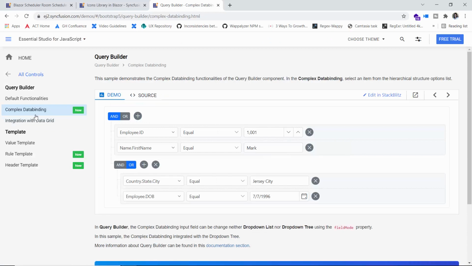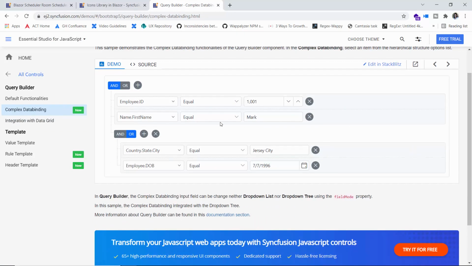So a new example, complex data binding, has been added. So here in this drop down, it's nothing but the drop down tree. So here you can see country, again it has state, and again at its sub level it has zip code. So the fields, the columns are nested in such a way, state and city or zip code like that.